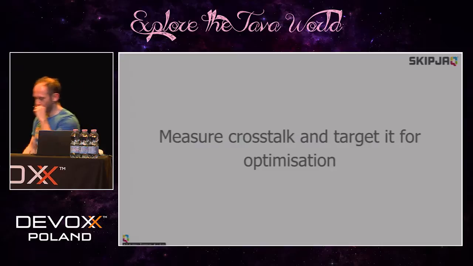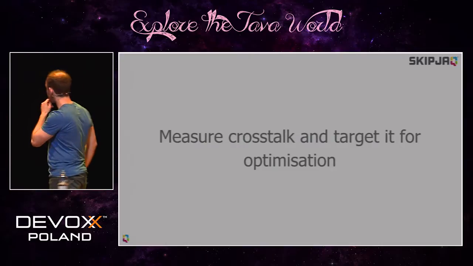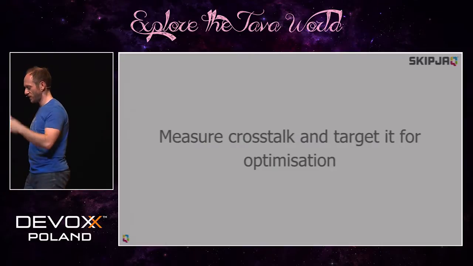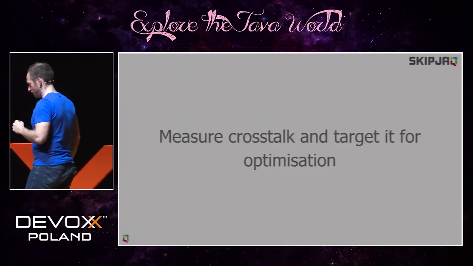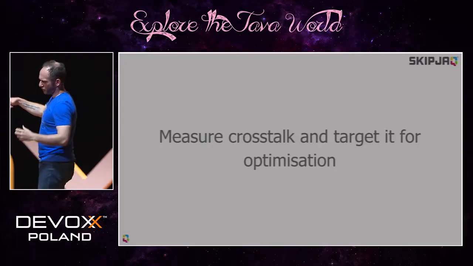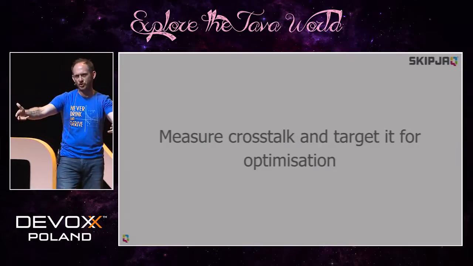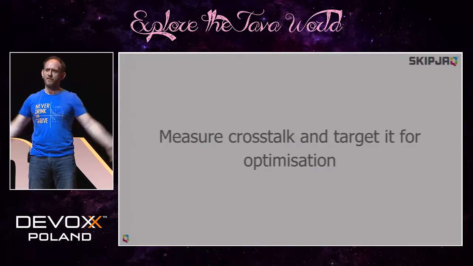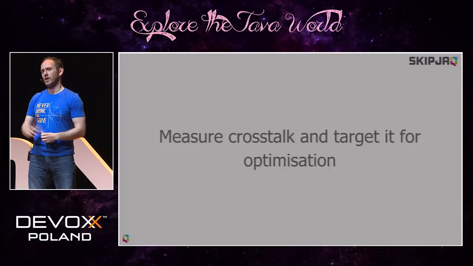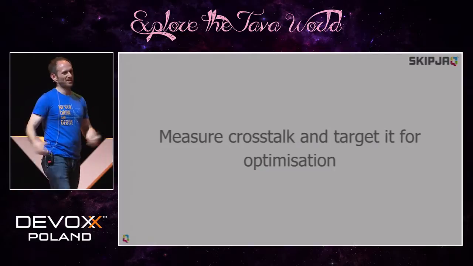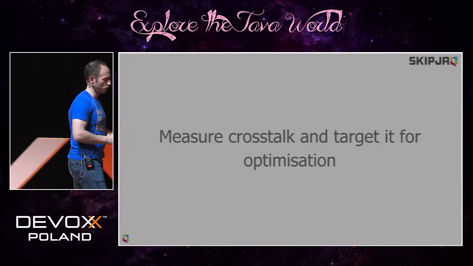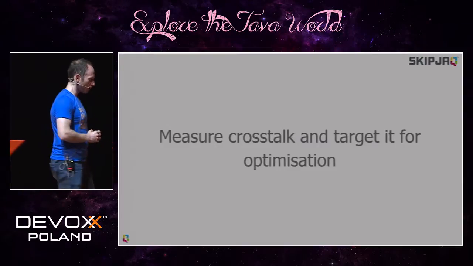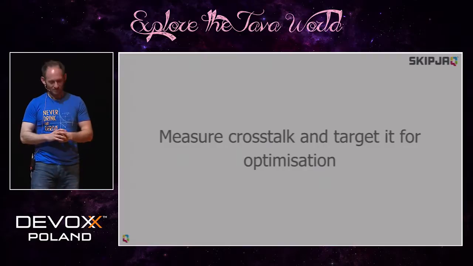So you should be measuring crosstalk, and you should be targeting it for optimization. Optimizing it can be quite hard. It's not so hard to think about doing it across machines, actually. Like if you're using Cassandra, and maybe you're saying, well, I want every possible machine I've got to agree on this write, one tuning thing is to relax that and say, well, maybe only 3 machines need to agree on a write, or some small number. Doing it on a single machine is